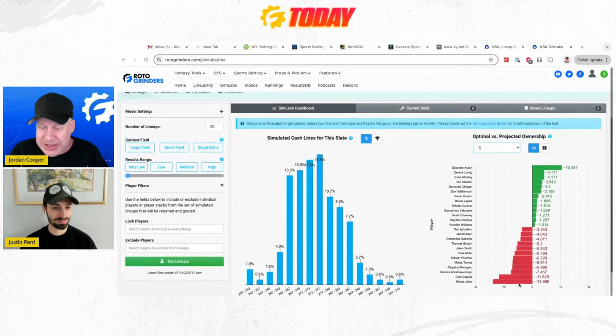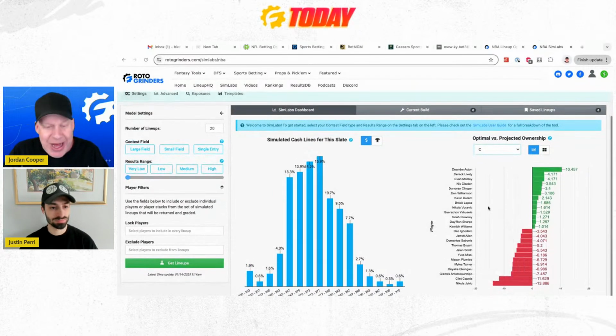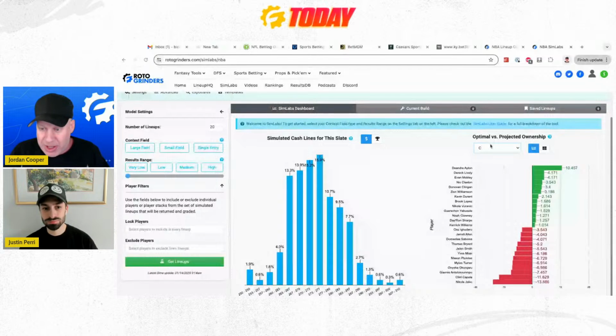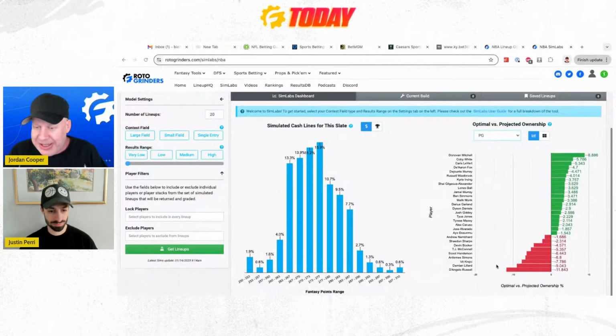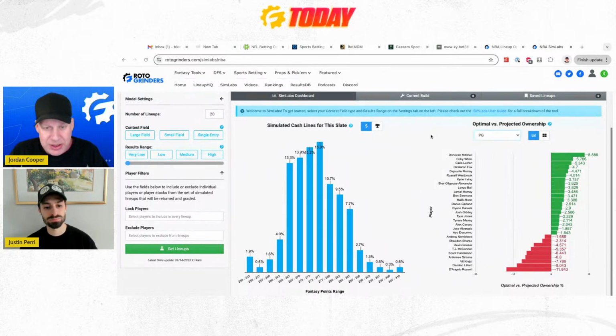The reason for this is that the value on this slate is lacking. I believe a lot of this is going to come down to mid-price players. The problem is that when you play Giannis, you need one of these $3,400, $4,200 guys to give you 25 for your lineup to be worth it, or Jokic to put up 100.